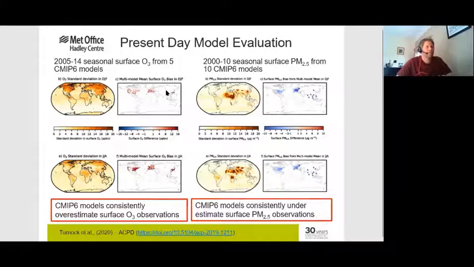And this is a common feature that's been seen for models from different generations as well. So on the right is looking at PM2.5, or particulate matter less than 2.5 microns in diameter. And again, we have 10 models from the CMIP6 database here for this. And again, we have similar model diversity panels here on the left-hand side, which shows that a lot of them